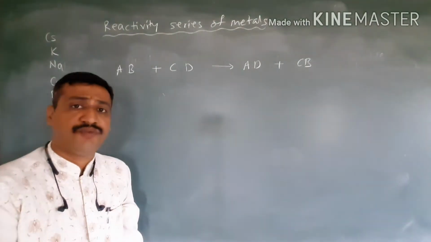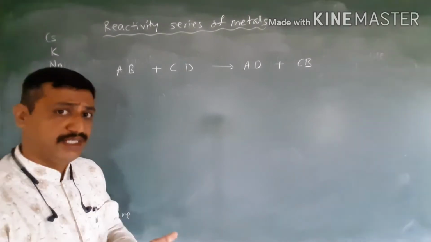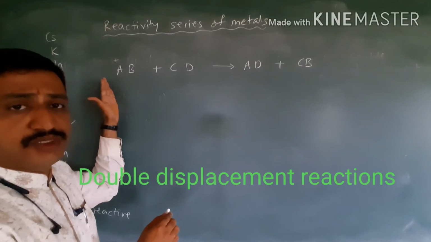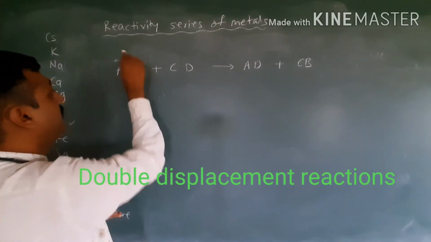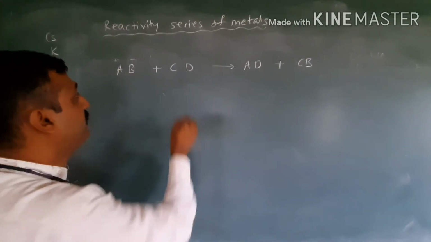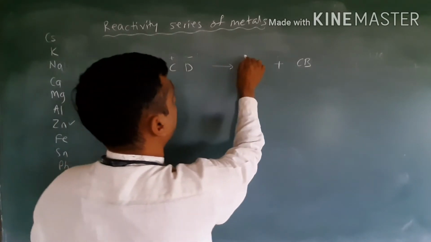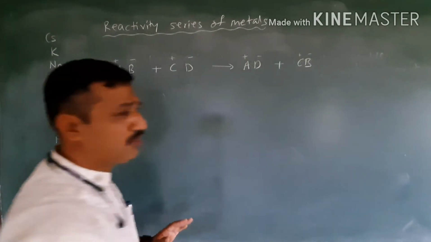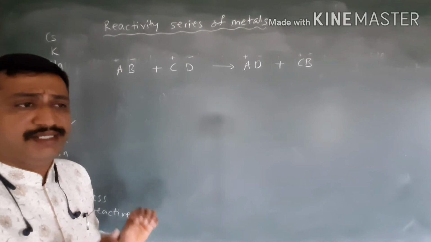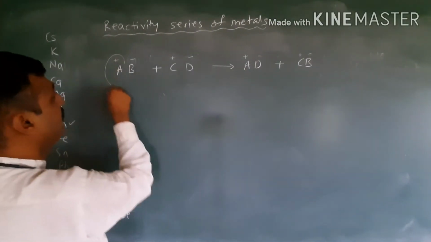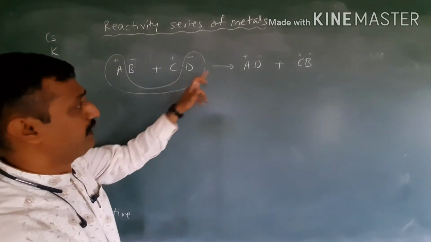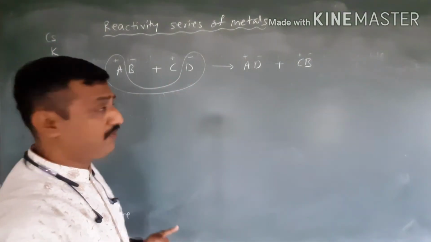See, the compounds which have ionic nature, in them the first part is positive. For example NaCl, the first part is a positively charged ion and the second part is a negatively charged ion. So it may be Na plus and Cl minus, like this. First is metallic and the other one is non-metallic, positive negative, like this. So in a double displacement reaction, the exchange of ions takes place and the positive ion of one substance reacts with the negative ion of another substance and forms a compound.